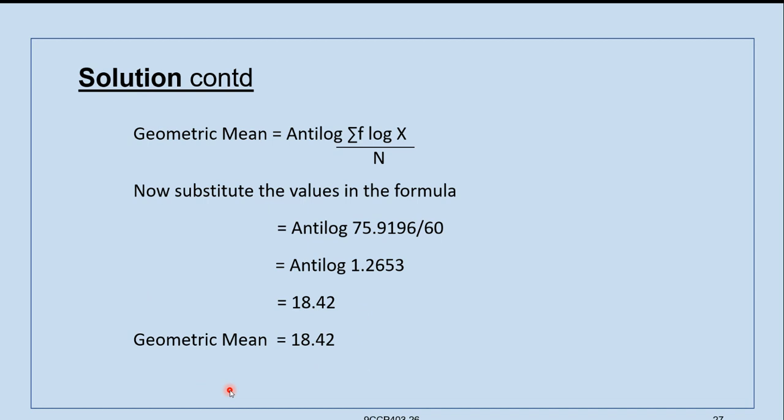Now we will see the continuous series. Please compare the discrete series with the continuous series. Observe the method of calculating the geometric mean in discrete series and continuous series, because that will make you very comfortable while doing geometric mean problems. You also compare these individual observations with these two methods. So please try to compare three methods, how we are calculating the geometric mean. It will make it very easy for you to calculate the geometric mean in any given series.